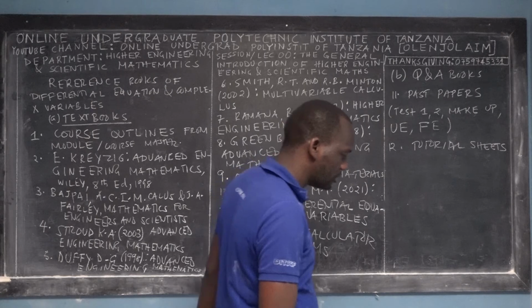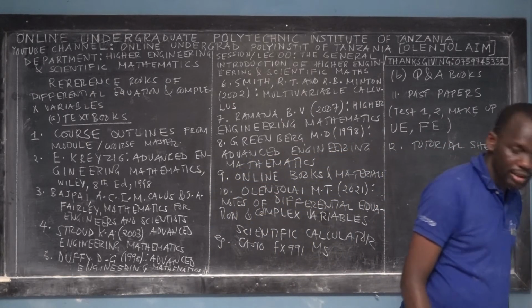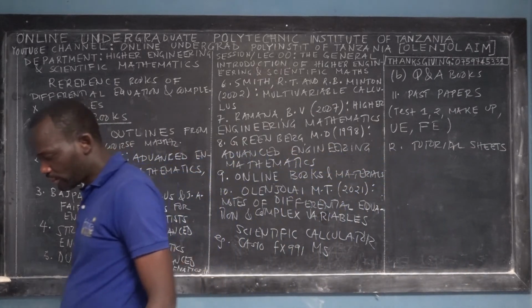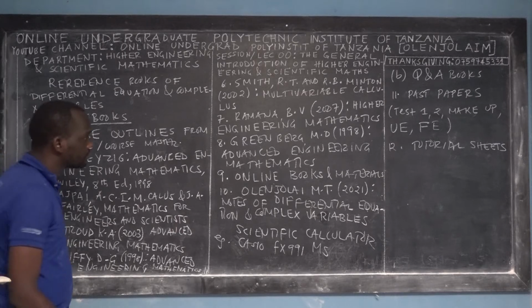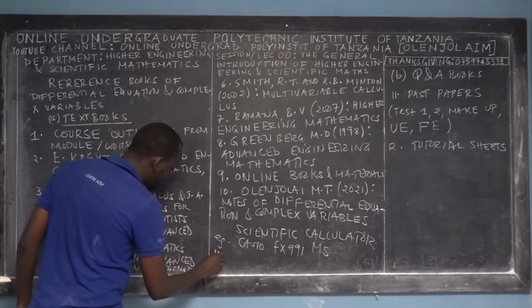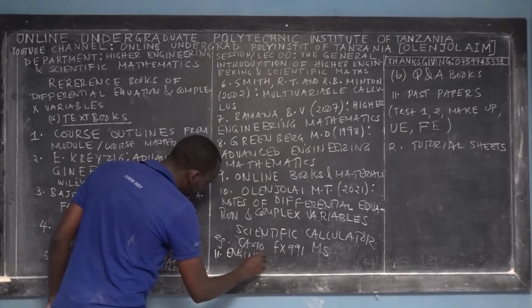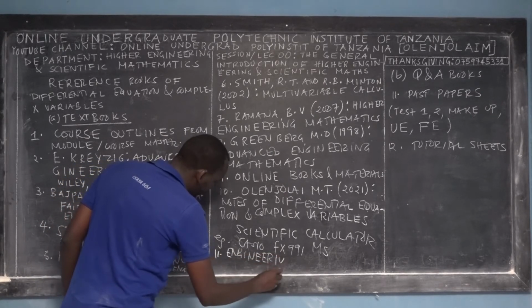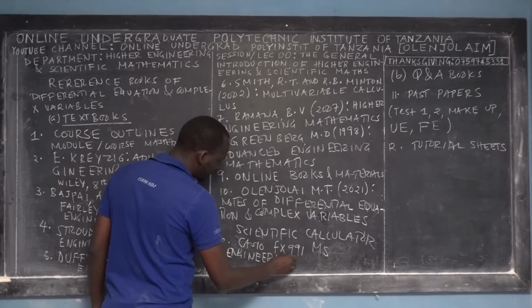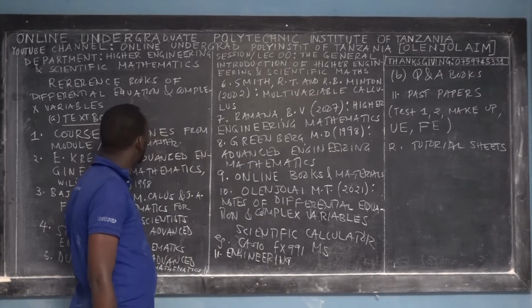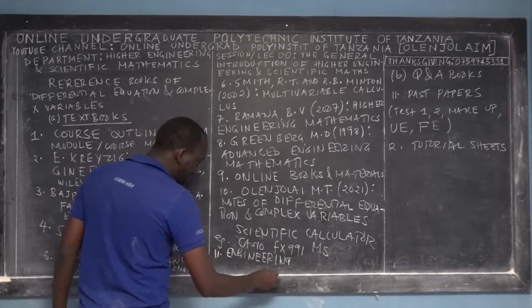So that is about the textbooks. But we have another additional textbook which is very important. It's called Engineering Mathematics, written by Dr. Manoj Kumar. This is number 11. The book is very important, and I will use it when I'll be teaching you about complex variables, because complex variable is the advancement of complex numbers. The module didn't say complex numbers, it said complex variables, so I'll teach you something new that you've never heard.